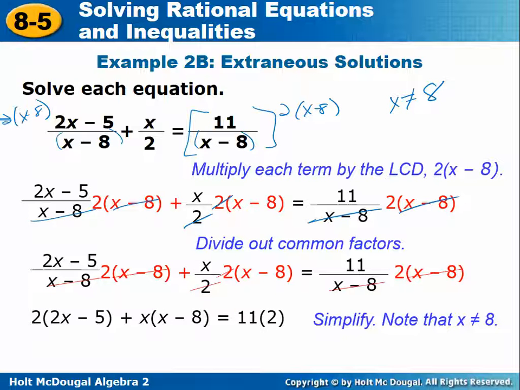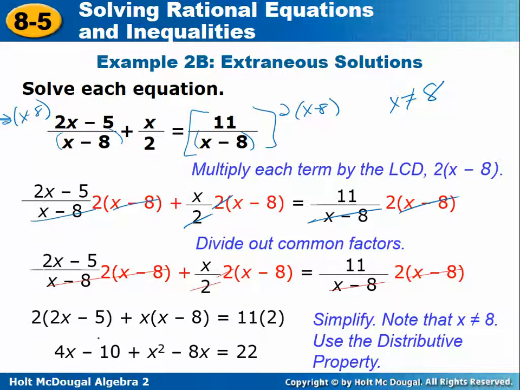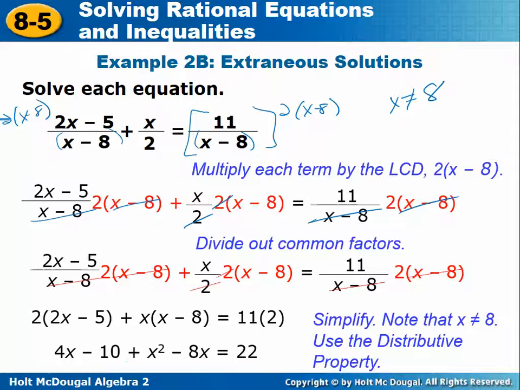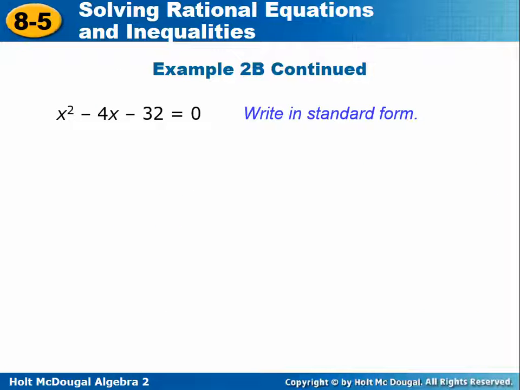Alright, so then you distribute the 2 through and the x through and multiply the 2 times 11. And we get 4x minus 10 plus x squared minus 8x equals 22. We're going to continue this on the next page because that's a little bit too much to fit. Then we combine our like terms and write it in. So we had a 4x minus 8x, so that's negative 4x. And then we set it equal to 0 and write it in descending order, and then we attempt to factor